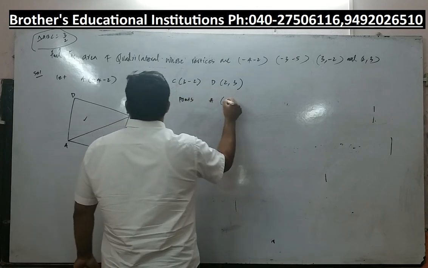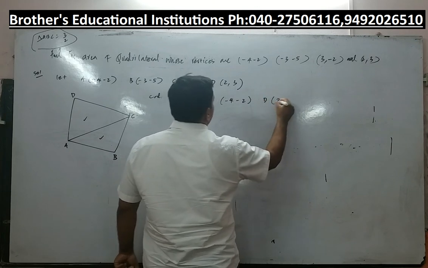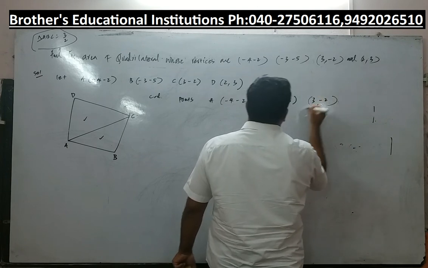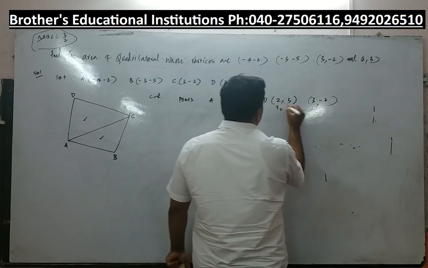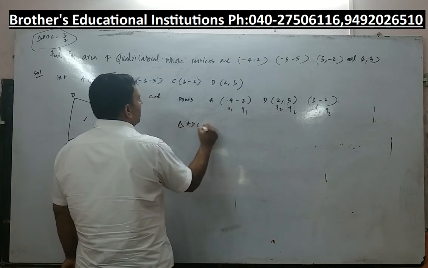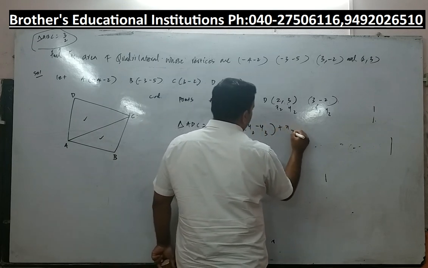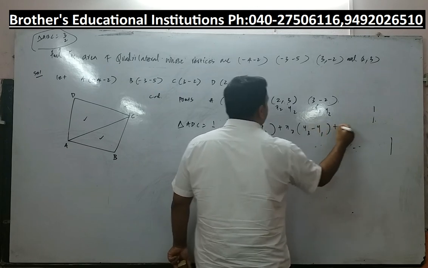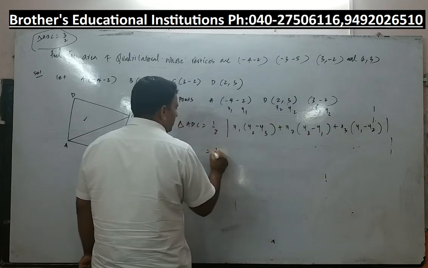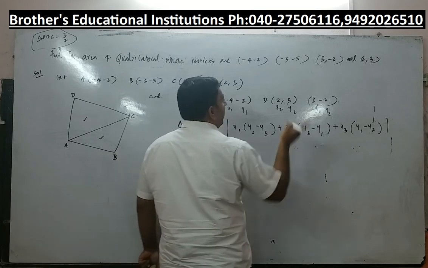points A (-4, -2). Where is D? D is (2, 3). Where is C? C is (3, -2). Alright. x1, y1, x2, y2, x3, y3. Now what do I do? Area of triangle ADC is equal to half modulus x1 into (y2 minus y3) plus x2 into (y3 minus y1) plus x3 into (y1 minus y2) under modulus. All I need to do is just substitute the values. What is x1? -4 into what is y2? 3 minus y3